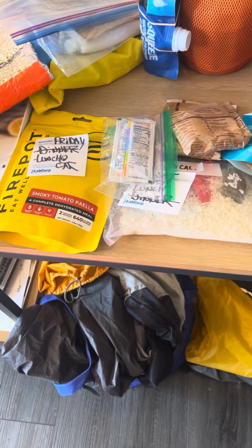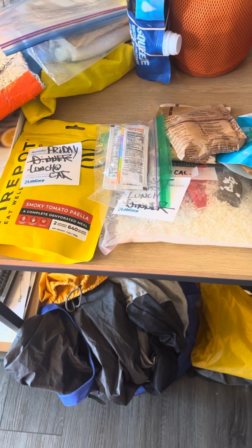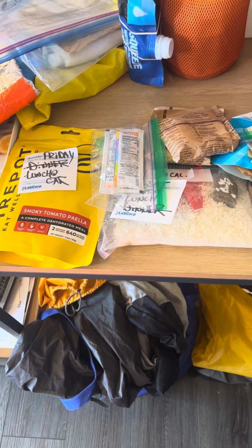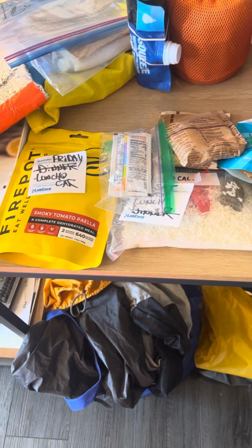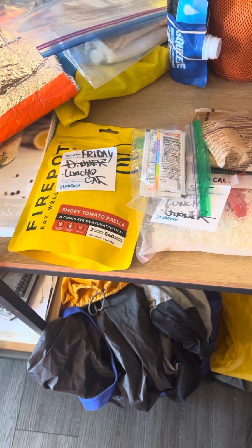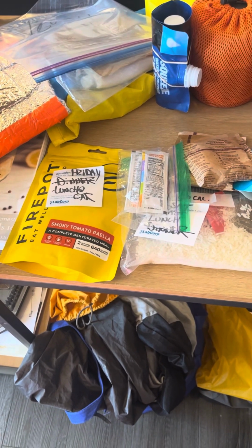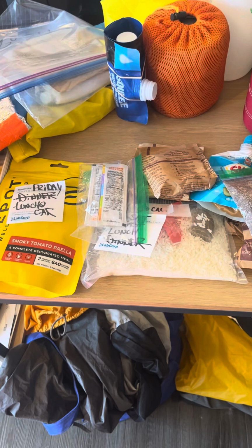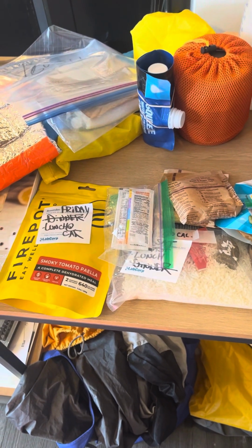Alrighty, so now I'm just going to give you a quick rundown on how I prepare my food for overnight trips. I tend to always bring too much food, but I'd rather have too much than not enough. I've been in situations where I did not bring enough food and it is not fun, so I'd rather carry that extra weight and have all the fuel that I need to get me through the trail and in case